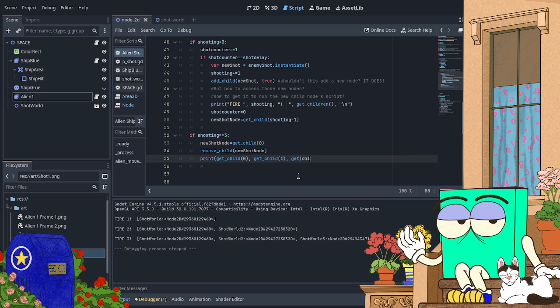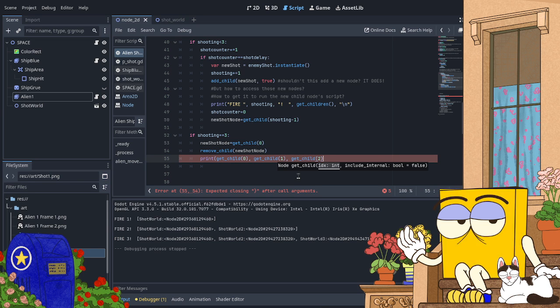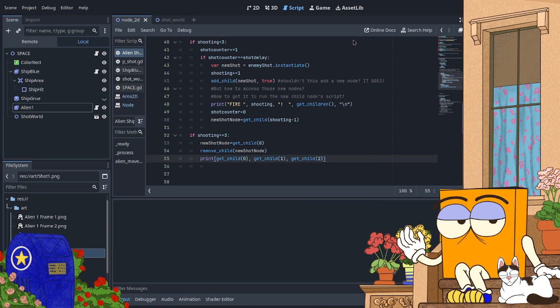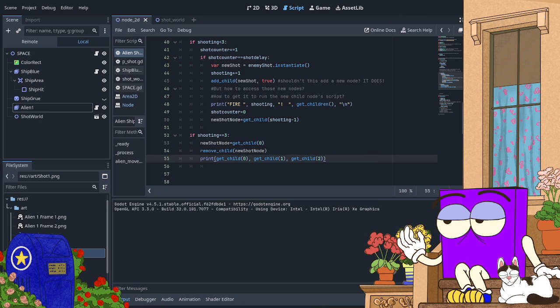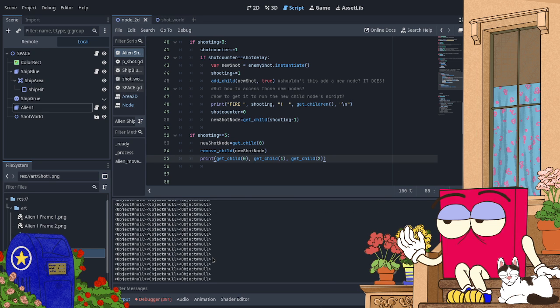Now, this is not part of this, this is testing my previous theory. This is not going to stay in there. This is just me trying something out. Fire 1, fire 2, fire 3.